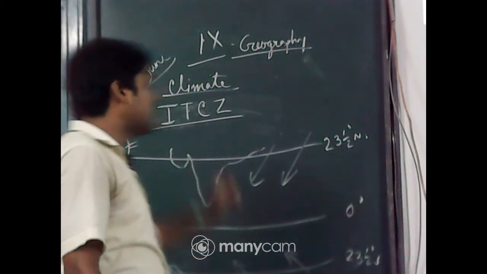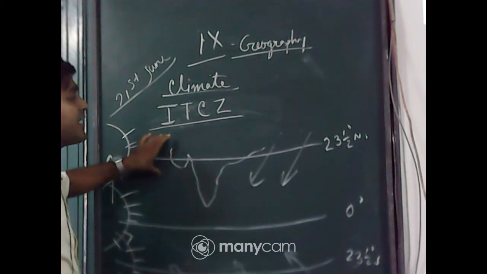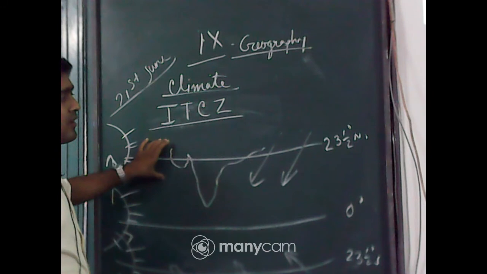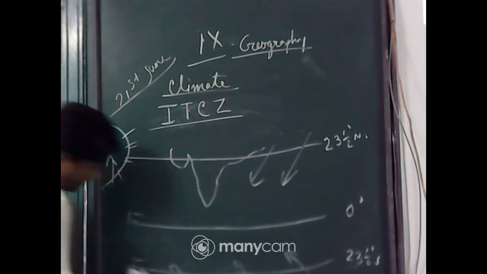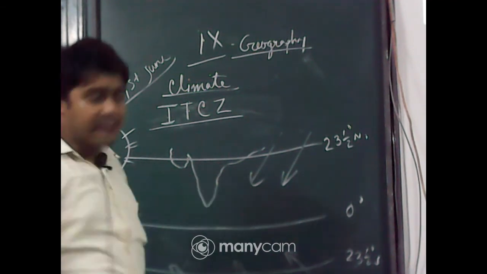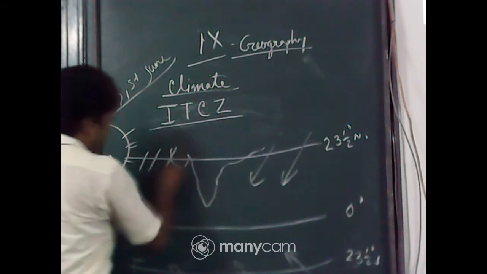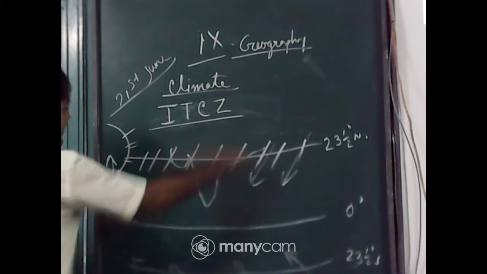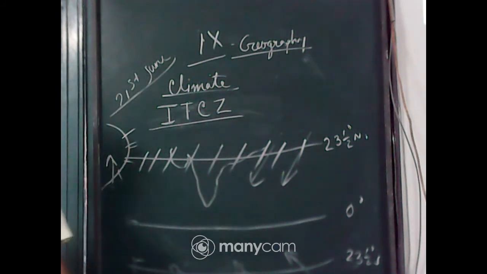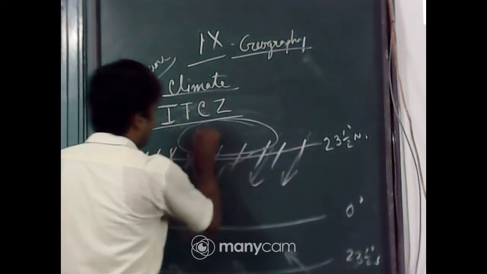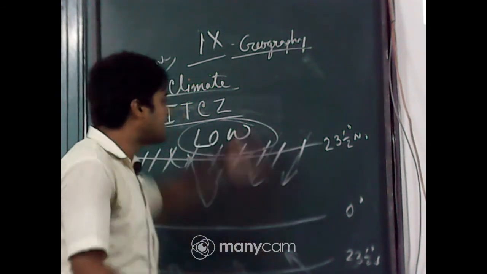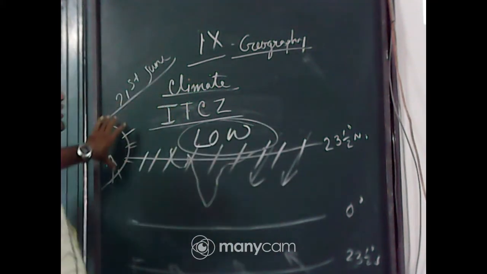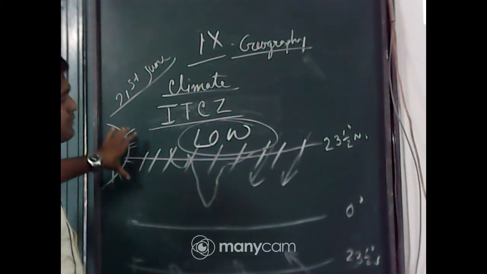The important part is when ITCZ shifts onto the Indian landmass. This is crucial. On 21st June, you have to understand, when ITCZ is situated over the Indian landmass at the Tropic of Cancer, at that time in the northern hemisphere they are having low pressure. They are having low pressure because ITCZ is situated here. Why is ITCZ situated on the Tropic of Cancer? Because the sun is situated vertically over the northern hemisphere. Clear?